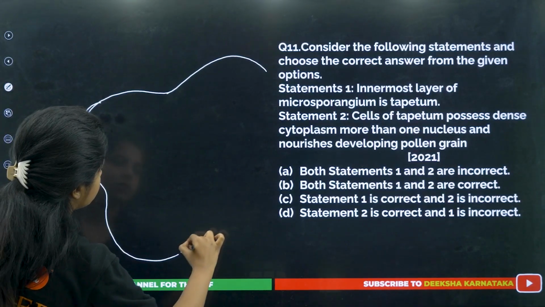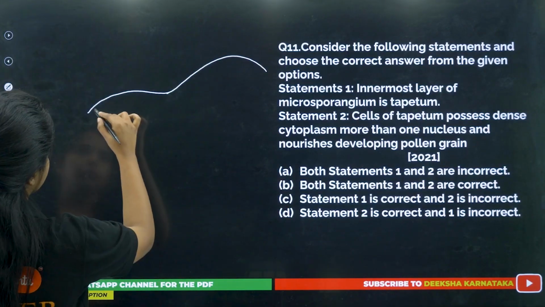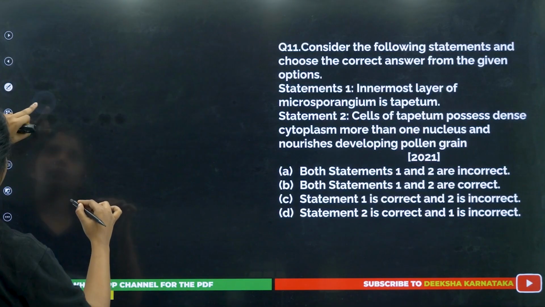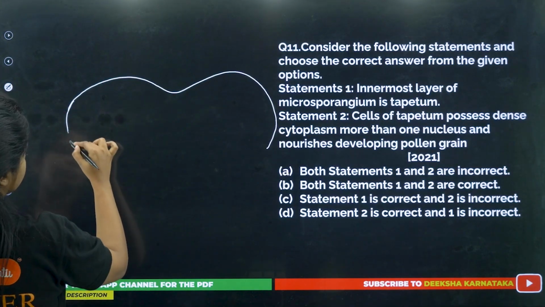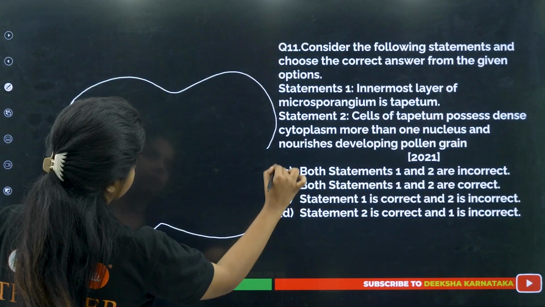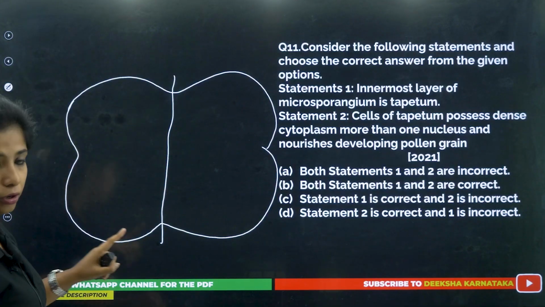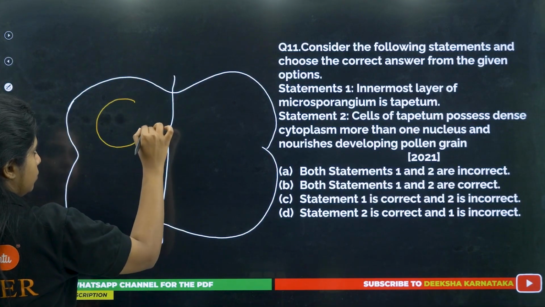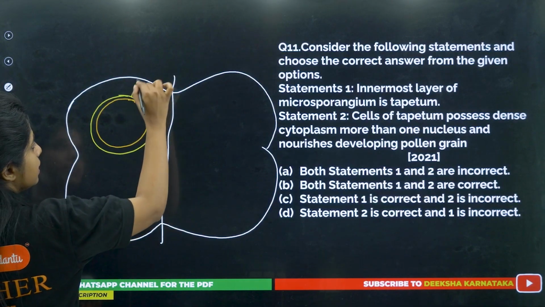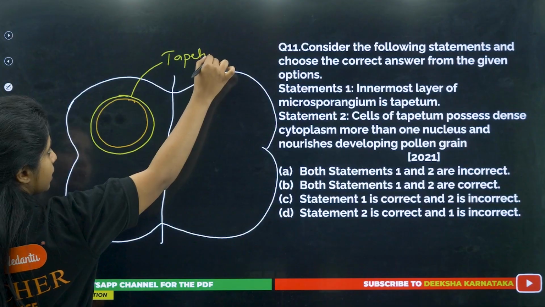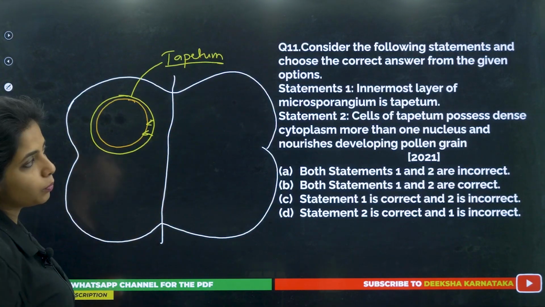So this is the anther that we are having. Fine. So there are microsporangium, 4 of them in the corners. In the microsporangium, there is a layer over here which is known as the tapetum. So tapetum is there, and tapetum definitely provides nourishment to the pollen grains which are going to